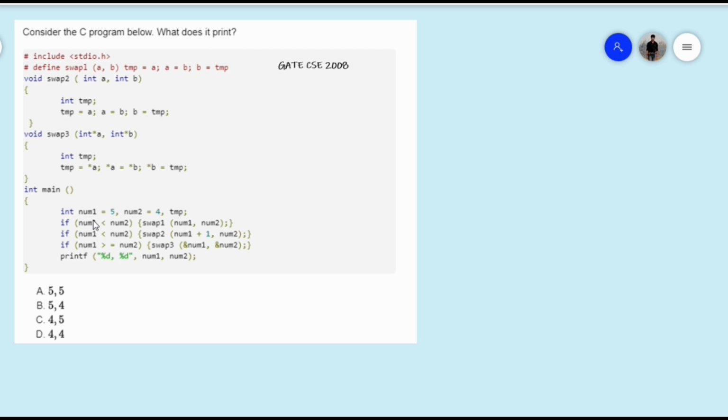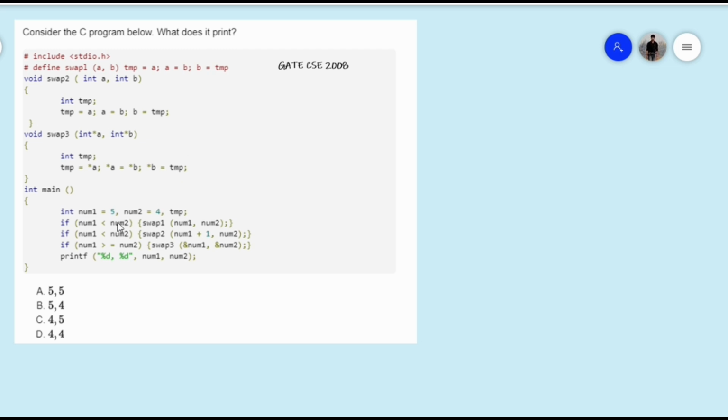Here there is a variable num1 which has value 5, and there is a variable num2 which has value 4. Okay, and there is a temp variable. So what they are trying to do in this define swap 1 is swap the values of this a and b.